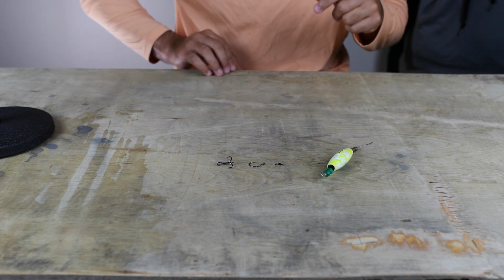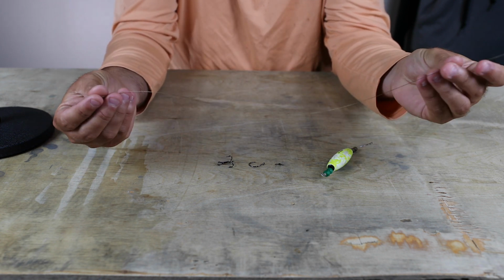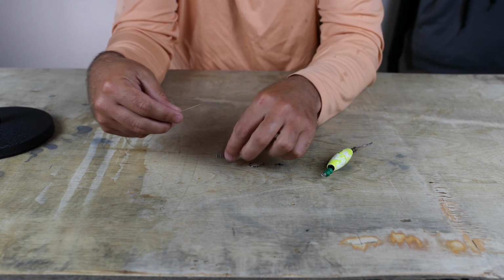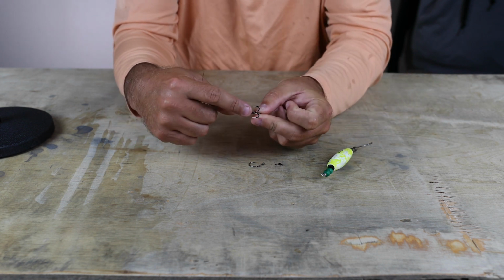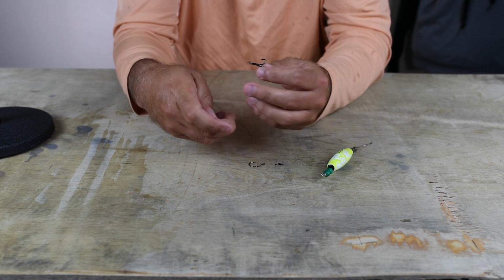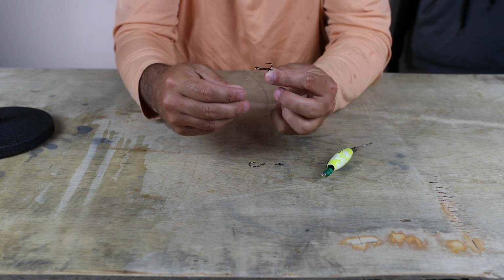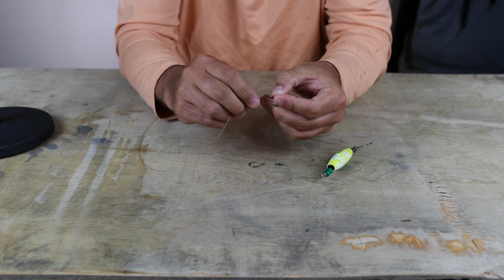So obviously the first thing you're going to do, you need your wire. This is about 18 inches long. Nothing special. You don't need to have 6 feet of wire. So you take your treble hook, you notice there's a flat side, okay? The third hook is welded on there, but you want that flat side. You're gonna run your wire in from the bottom, lay that flat, hold it now with your thumb, and you're